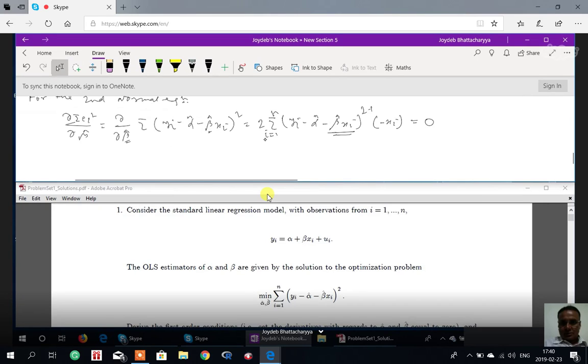It's the same way, not a very big thing we are doing. It's actually minus 2 once again, and this is minus 1 into xi. This 2 minus 1 is not there, the power is 1, so it goes. Now minus 2 summation, if I multiply by this xi, will be summation with the full range i running from 1 to n, of xi yi minus alpha hat xi minus beta hat xi square. This will be 0.